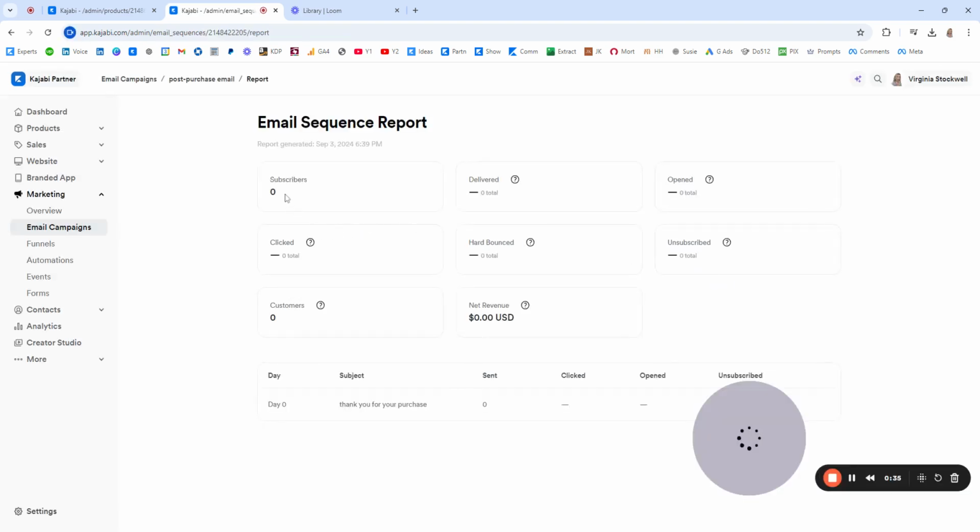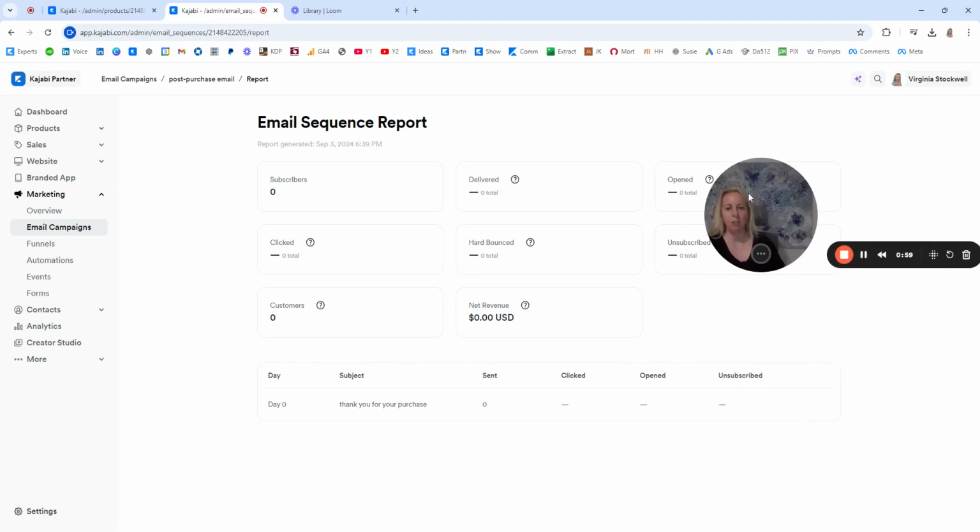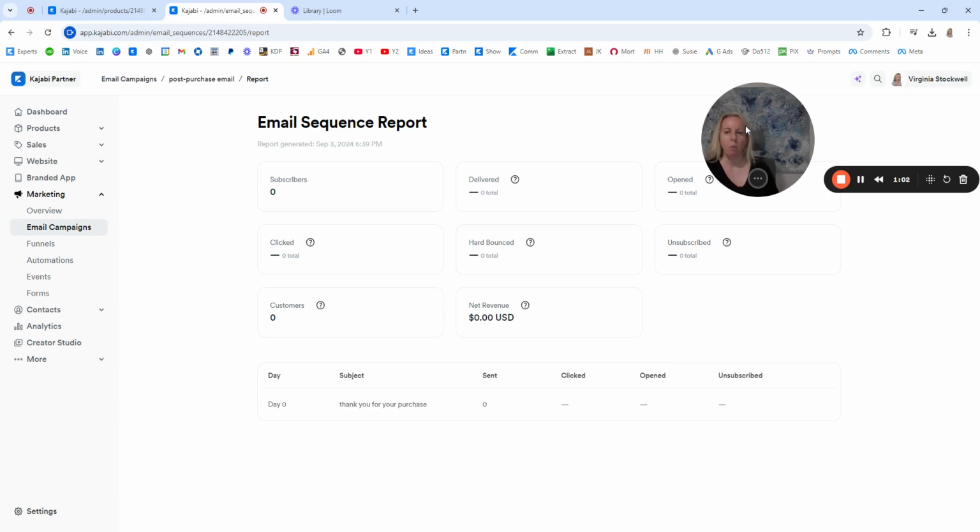And you can see all the people it was sent to, who it was delivered to, how many people opened it, how many people clicked on it, etc. This is my test email, so there's not a whole lot of analytics in here, but you'll see here clicked. You'll be able to click on the number and see which actual people were the ones that opened it or clicked on it. So that'll be really helpful in trying to figure out which of your email sequences are being effective and where